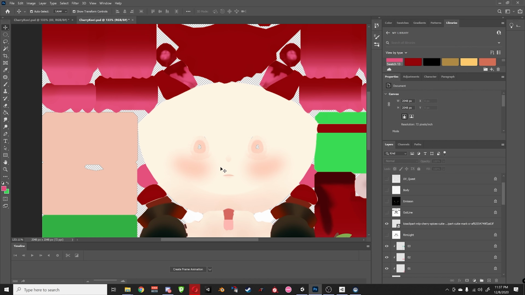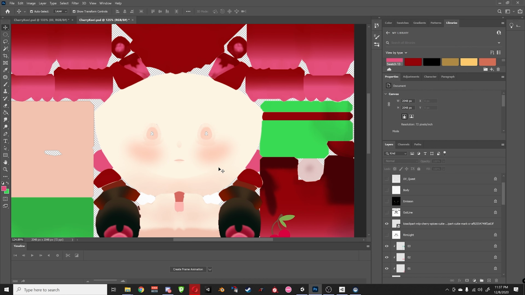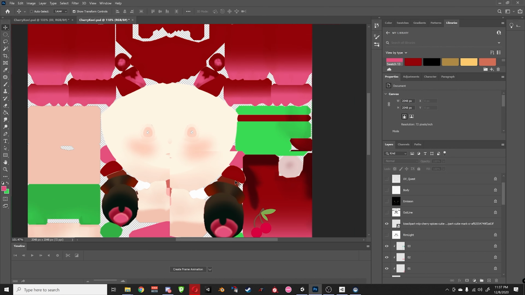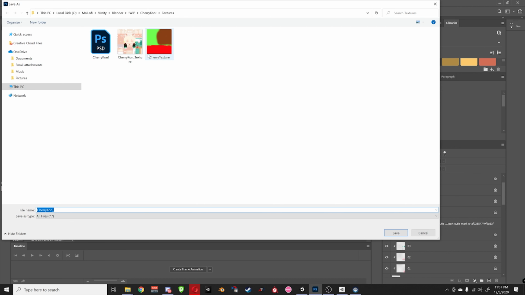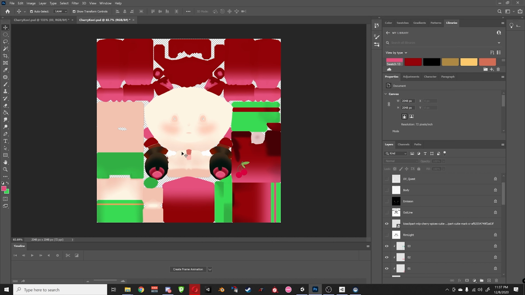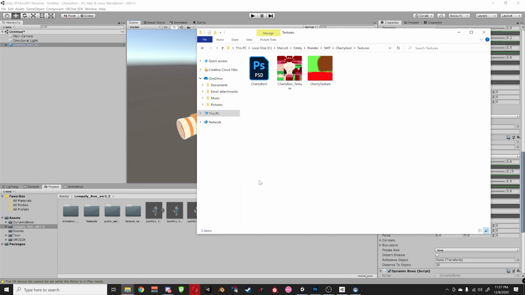And wow, it just got real slow. But there, that might be better. Okay. File, export as PNG. And I'm just going to do cherrycon texture. I'm just going to replace this. And the other texture you saw was just for the hair clip. So well done. Now we are going to,